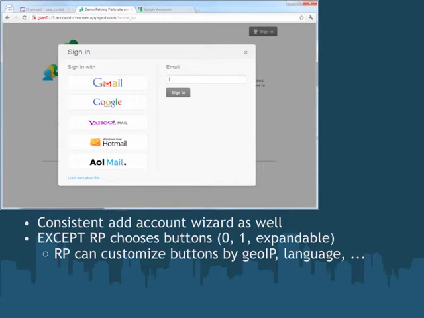So this addresses one of the big problems with what we earlier called the NASCAR UI. Instead of having one static, never changeable and small list, you can actually have a dynamic list. And if the user doesn't see their identifier, the easy option for them is just to type their address. So maybe the AOL user traveling to Russia doesn't see the AOL button, but can still type their AOL email address. Once they submit it, the site can recognize, oh, there's an identity provider for that domain, and bounce the user to it. Or it might look up in its records and say, oh, well, that address, the identifier is not AOL, but maybe some other identifier, and could bounce the user over to it.